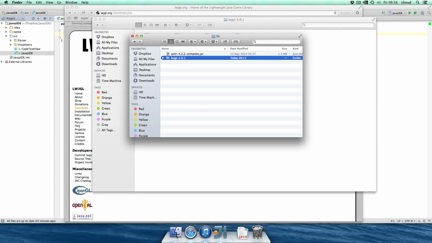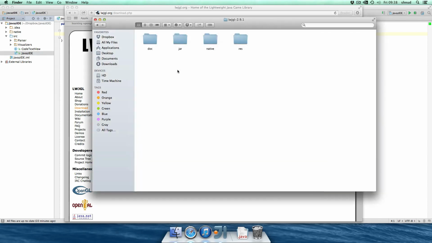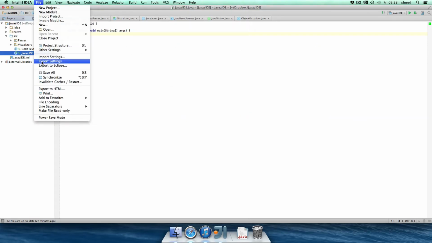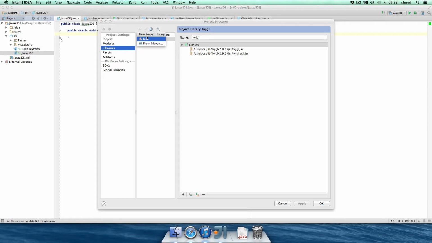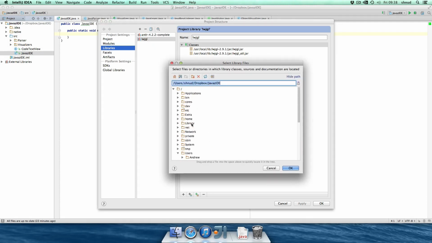So that's where I've been saving my stuff. I could save it anywhere, it doesn't really matter, but save it wherever you want, copy it. I put mine in there. And then what you need to do in IntelliJ is go to project structure and add it as a library so that you can use it. Press the plus button from Java, find the directory,